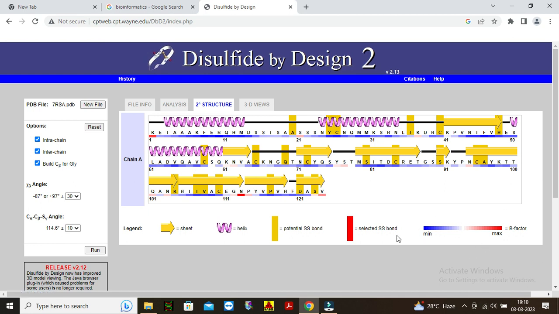As you can see, the legend of this diagram: here the gold arrow represents the beta sheet, and this magenta helix represents the alpha helix. And this gold bar represents the potential disulfide bond,